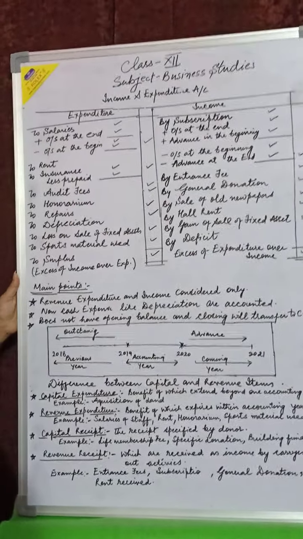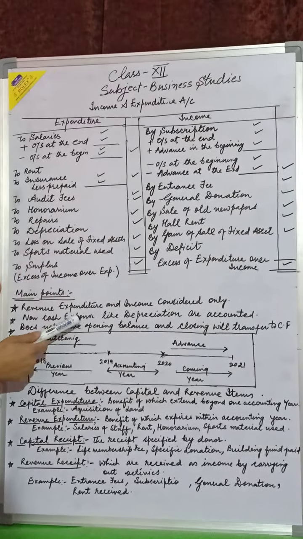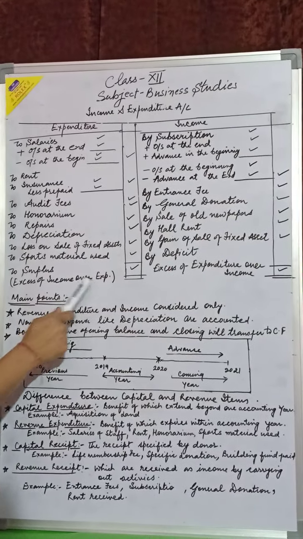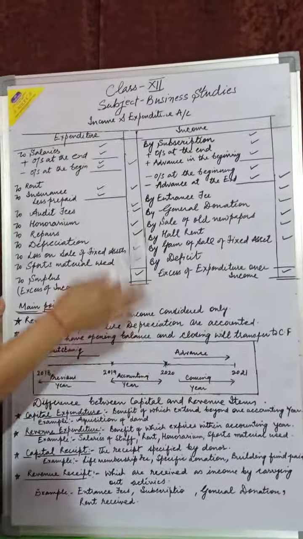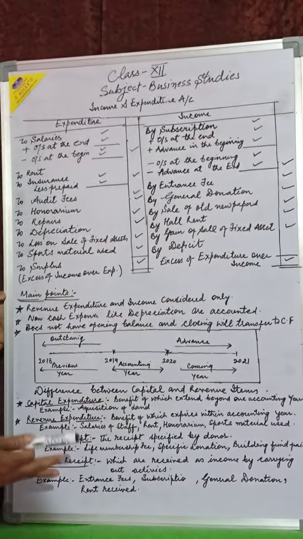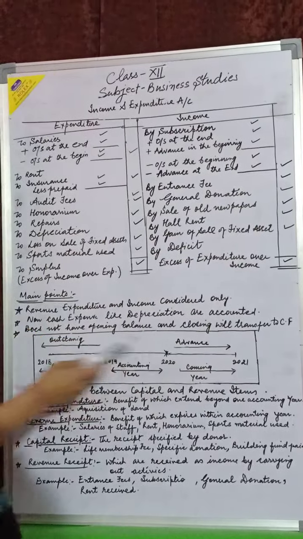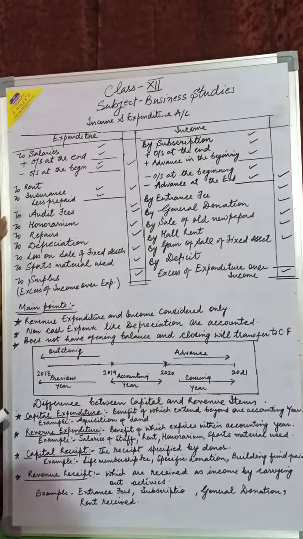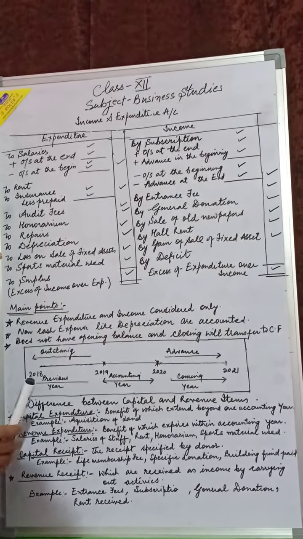In the receipt and payment account, we have the opening and closing balances. Here, there is no opening balance, but at the end there is either an excess of income over expenditure or an excess of expenditure over income. So either we have a surplus or we have a deficit, and that will be transferred to the capital fund. These are the main points while preparing the income and expenditure account. As I have explained, it is just like the P&L.